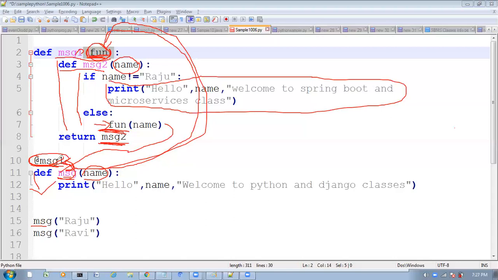Here, what is the decorator function? Message one is the decorator function. Now whenever you call the message function, this message function will go as the argument to the message one function. Now what will the message one function return? The message one function will return a function only as the output.